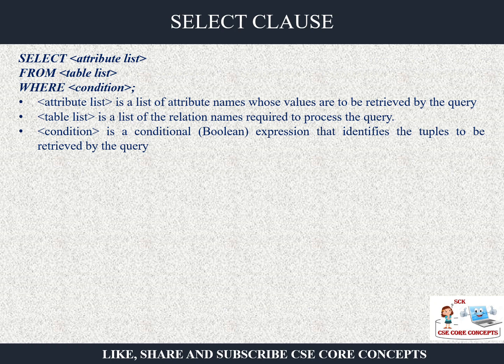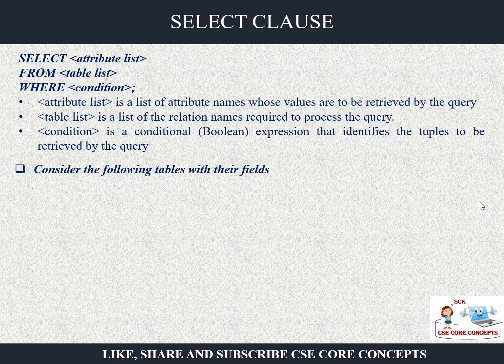Now, the major syntax for performing a query is select attribute list from table name and condition. The attribute can be a single attribute or multiple attributes which you want to fetch. Table can be one table, or you can use multiple tables in order to process the query, and the condition is optional. You may have a condition or you may not. If you have a condition based on which you are filtering the rows, then it might be one condition or a combination of more than one condition.